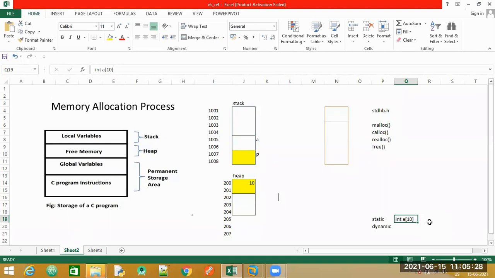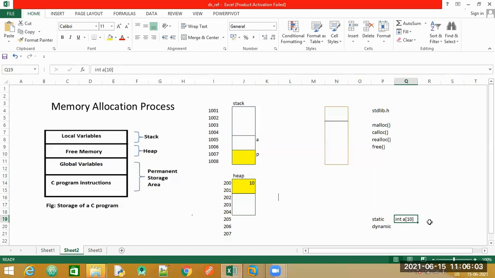Now, what is the problem with static memory allocation? We don't have that flexibility. When I run the program, I have to enter only 10 elements in the array. If I feel that I want to store more data, I cannot do it. The size has exhausted there. If I want to enter less data, that is fine. But what happens if I enter only 5 elements? The other 5 memory blocks are simply getting wasted because we are not using them. So this is the problem with static memory allocation.